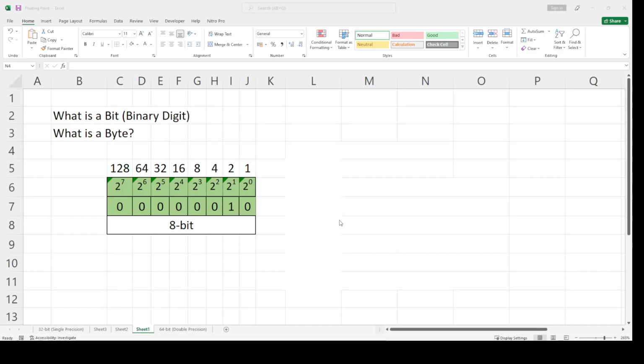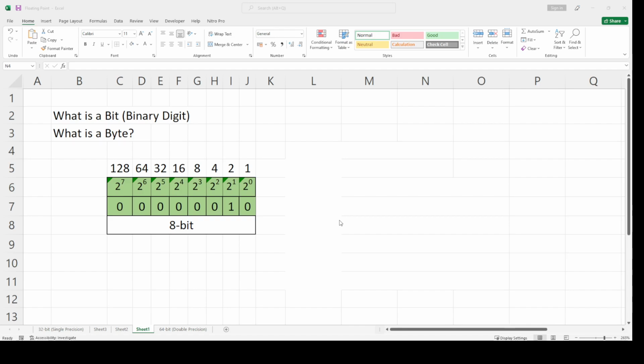Okay, this is our topic for today. This is the very first part when we want to deal with computers and how computers read numbers. This is very important in numerical solutions because we always use computers in solving civil engineering problems that cannot be solved analytically and can only be solved numerically.